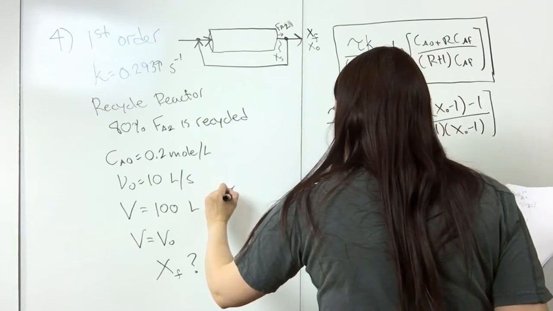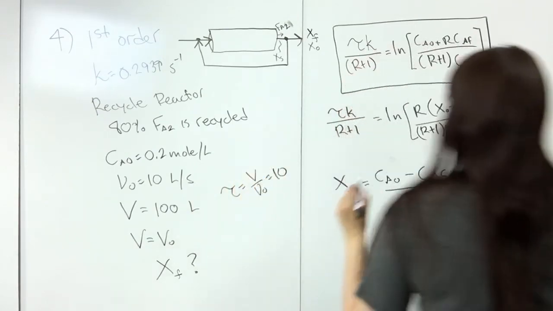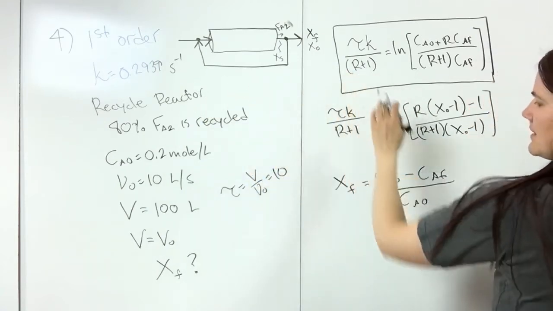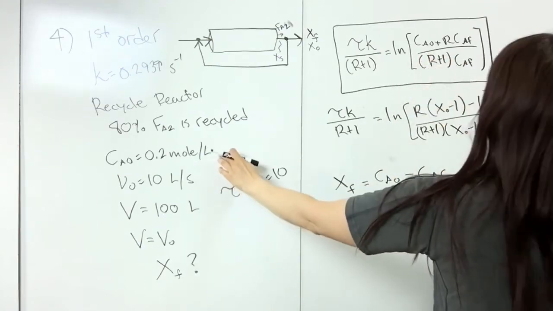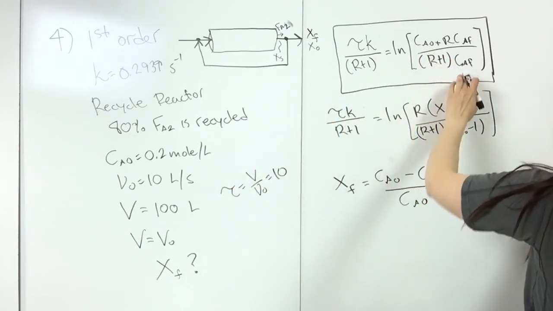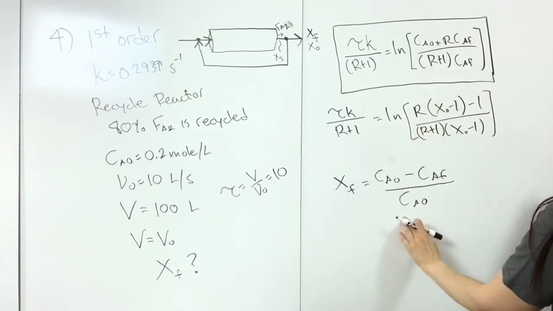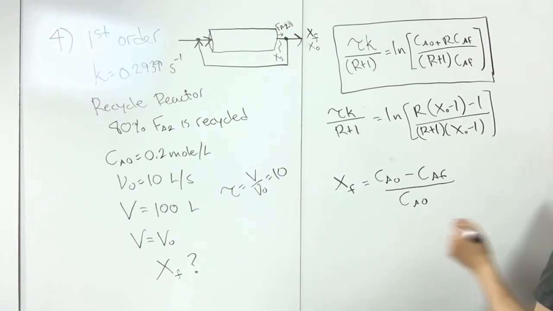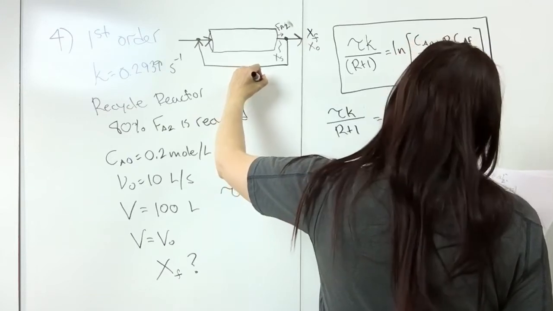So tau is equal to V over V naught. You know K. We can figure out what R is. We know CA naught. So you can plug everything into here and calculate CAF, and then you can solve this equation for x final. So the way you figure out R is, you know that R is equal to